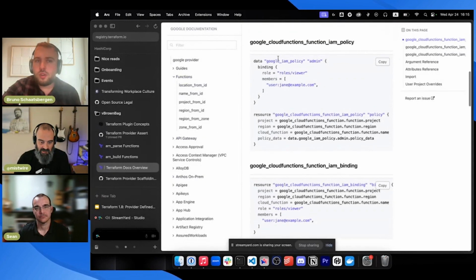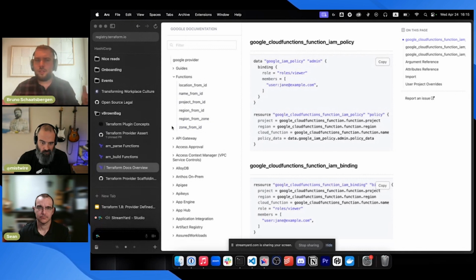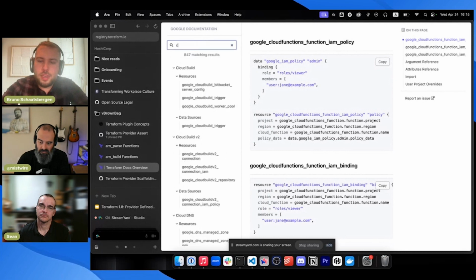The functions defined in the Google provider are these: location from ID, name from ID, project from ID, region from ID, region from zone, and zone from ID. A lot of different components you want to parse from an ID. I think a good example would be if you are creating a Cloud Run IAM binding